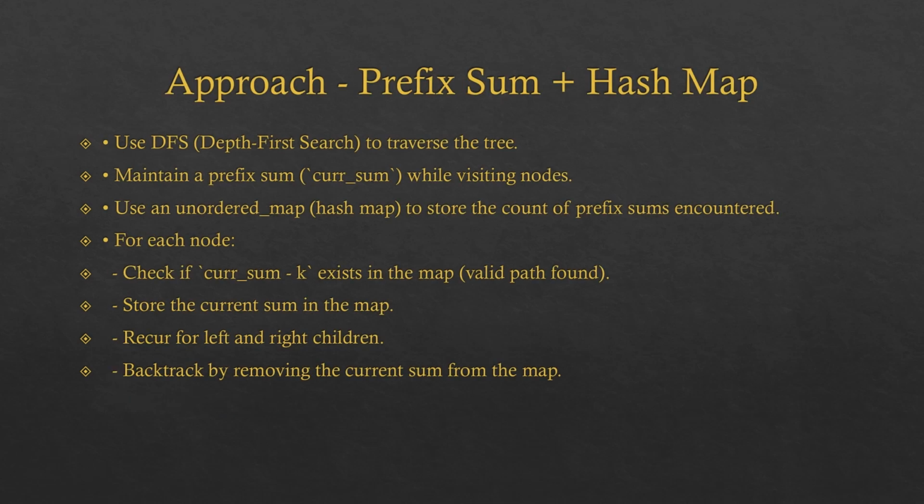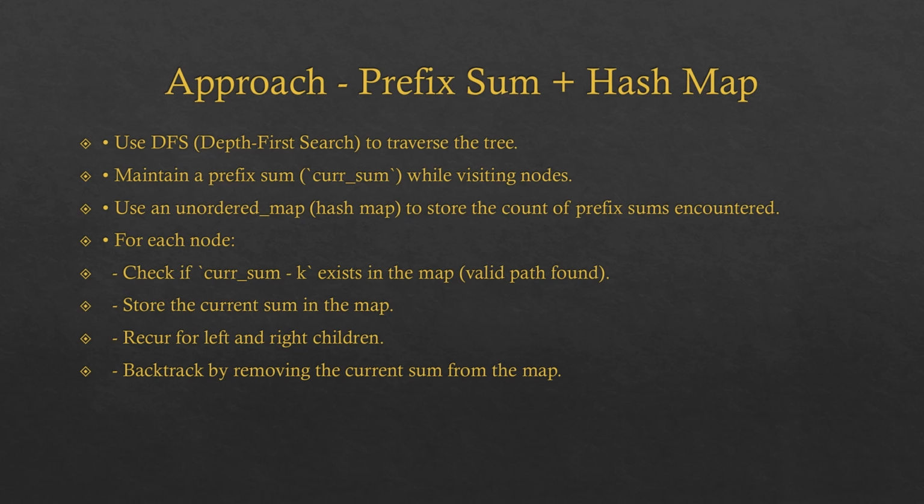Now let's discuss the approach. We will use a depth first search or DFS to traverse the binary tree. During the traversal, we will maintain a prefix sum, which is the cumulative sum of the node values. At each node, we check if the difference between the current sum and k exists in the hash map, indicating